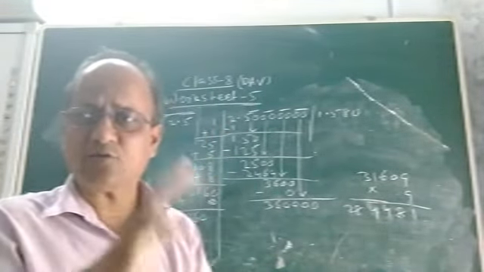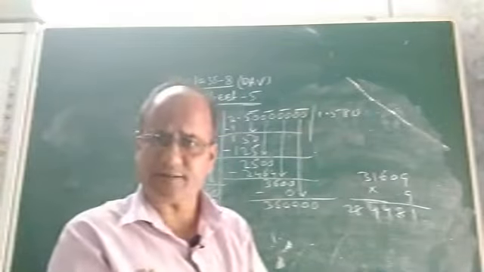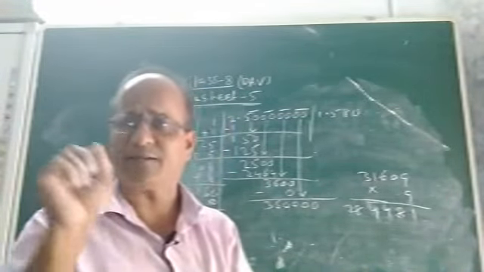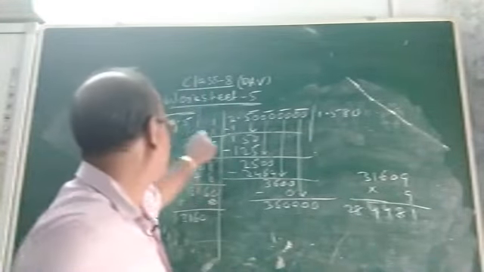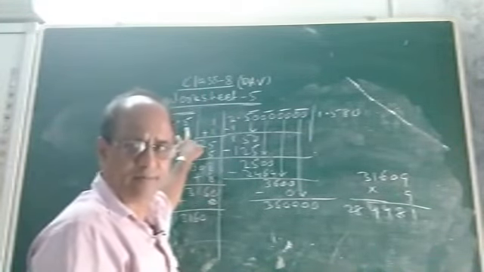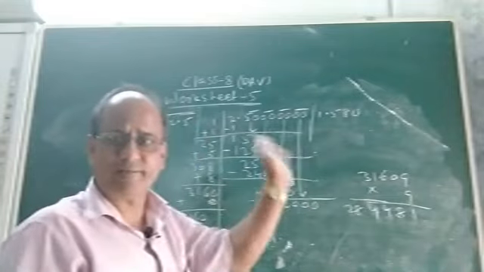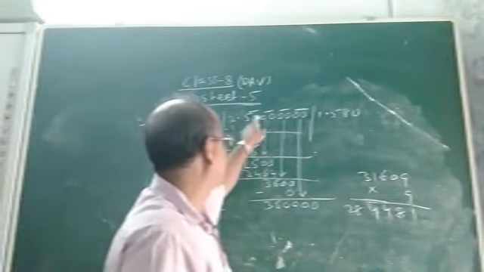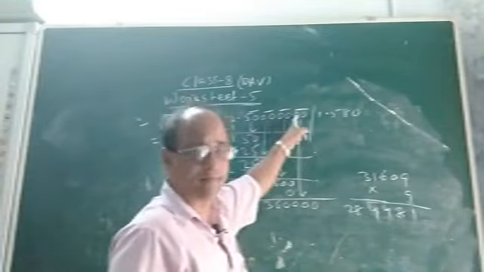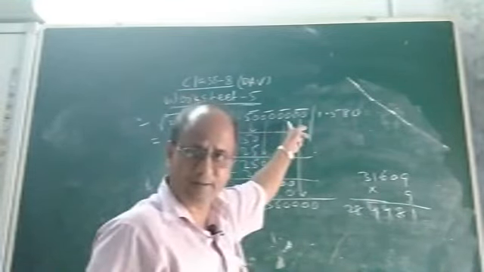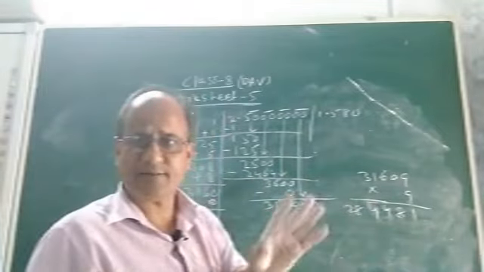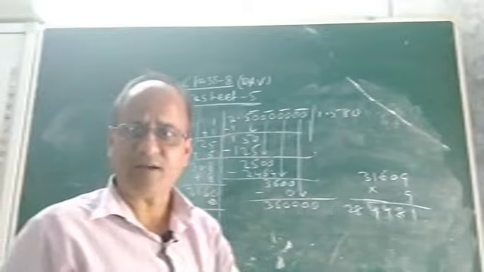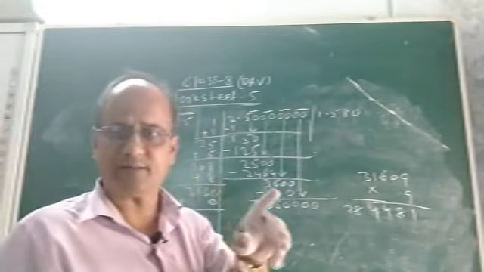So, as we are asked to find correct up to 3 places of decimal, we have to take 8 digits or 8 places after the decimal point. But here only one place is given, that is 5. That means other 7 places will be zeros. So, you see what I have written, 2.5, 0, 0, I have taken 7 zeros and 1 5, total 8 places. So, there will be 8 places in this number because we want to find the square root of 2.5 correct up to 3 places of decimal.